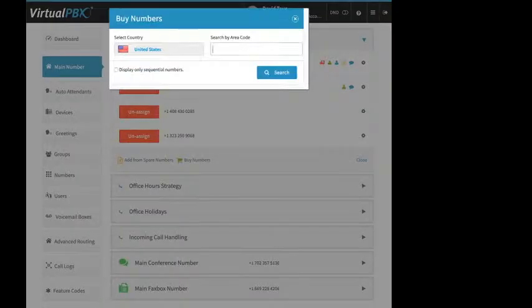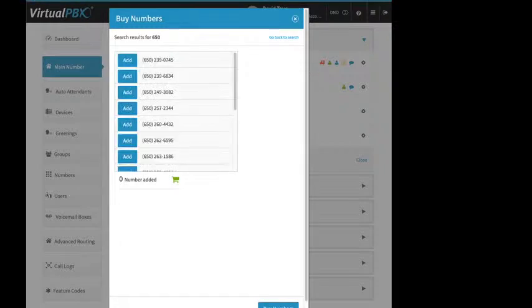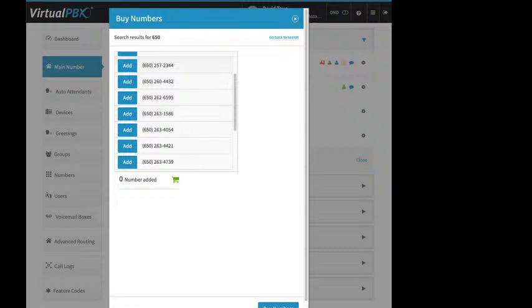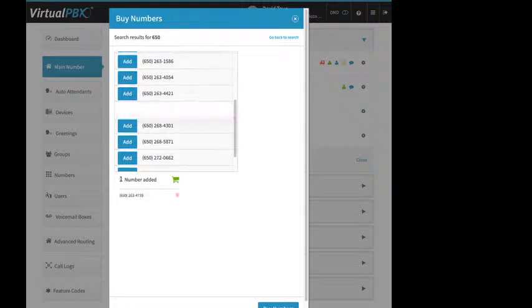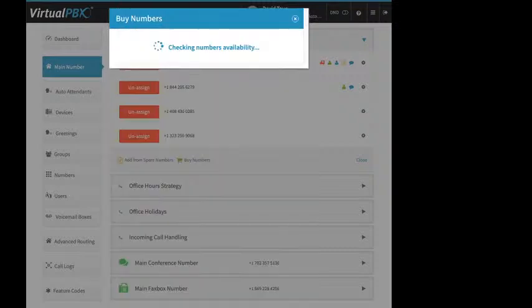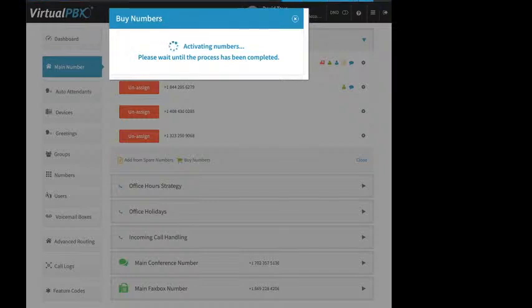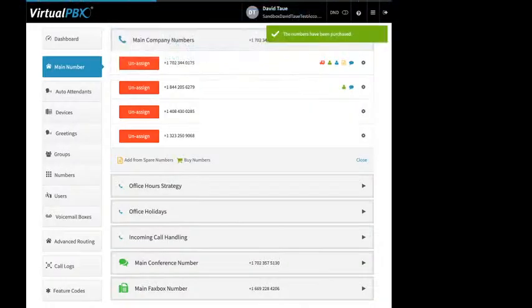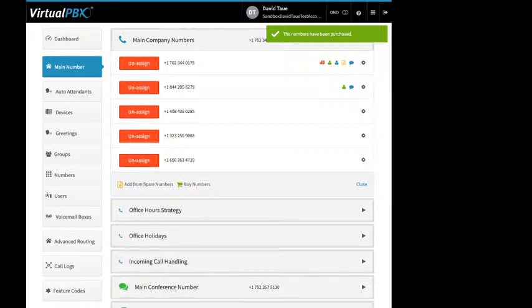Local. All right, you just need to enter in an area code. So we'll try 650. And then you'll see a list of phone numbers. Click add, and it adds it to your cart. You can add multiple if you want. You can decide to remove it. And then down here at the bottom, you would click buy. And this is just adding that number to your account. Now, if you have no numbers on your account, buying will not add a line item to your invoice or charge you for it. Likewise, as long as you're under your allotment, there'll be no additional charge for adding a number to your account,